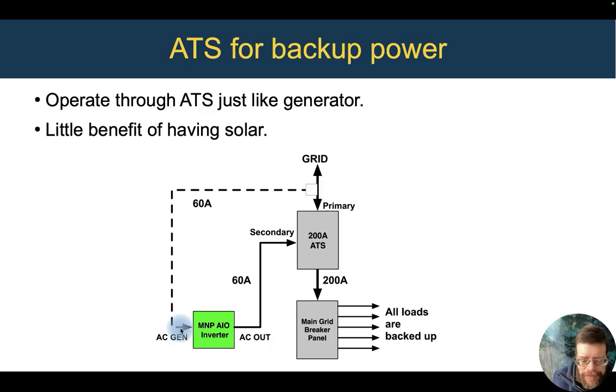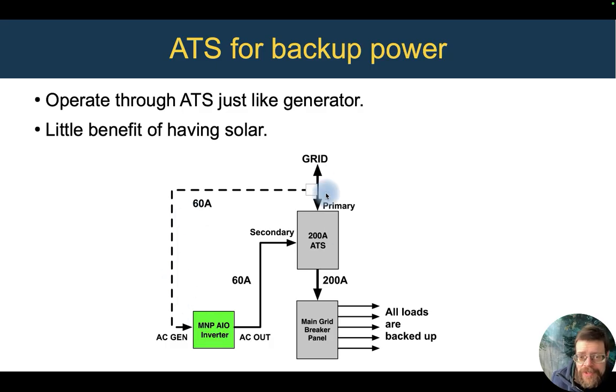The generator input of the inverter is treated differently than the AC in grid input of the inverter. It doesn't operate in parallel with this. It just uses it as a charging input. At that point, the inverter is nothing more than a big battery charger operating from the grid. It's not operating in parallel with the grid as an independent power source. So there's no chance of us accidentally selling back to the grid in this scenario. In this exact wiring, there's also really no benefit of having solar on here other than the ability to recharge during a power outage, because